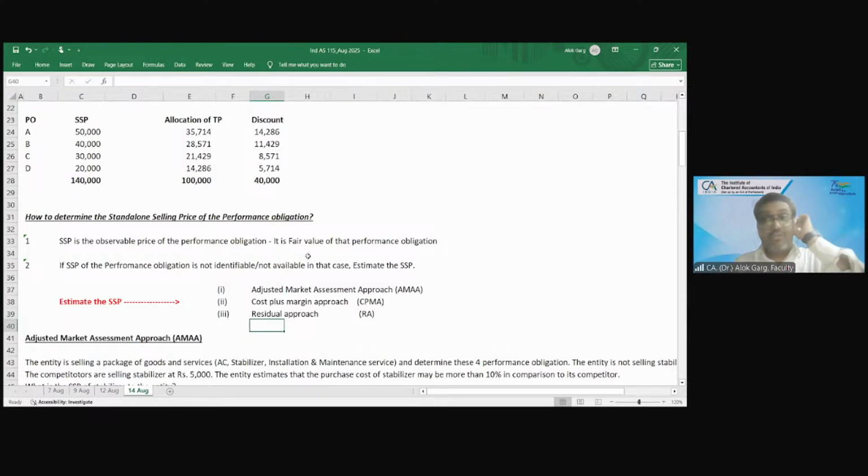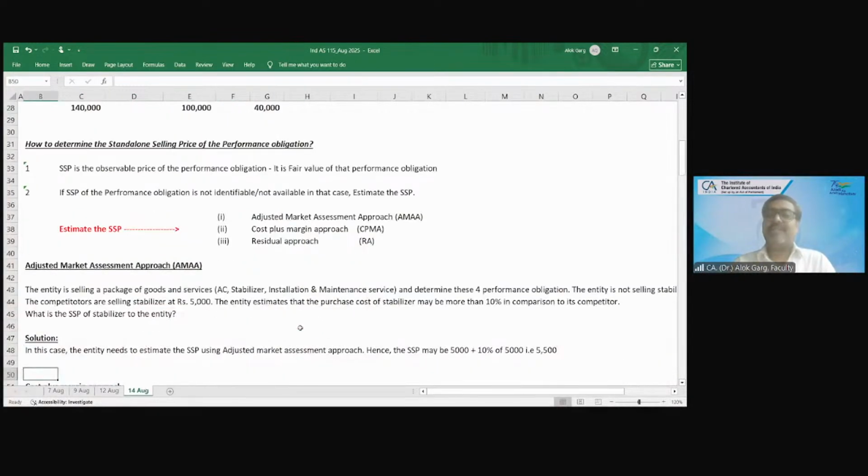Okay. So these are the three approaches given in the standard by which you can measure, you can compute your standalone selling price, right? What is the AMMA approach? Let me tell you. The adjusted market assessment approach is an approach by which you compute the standalone selling price